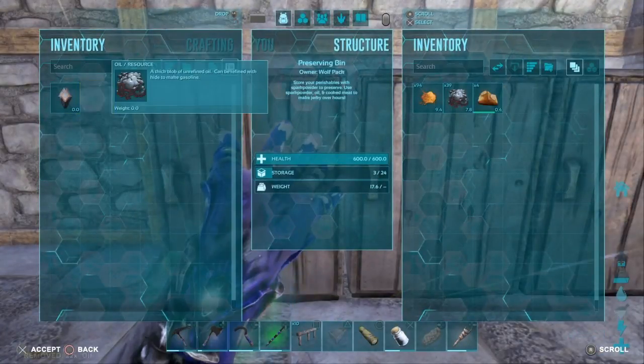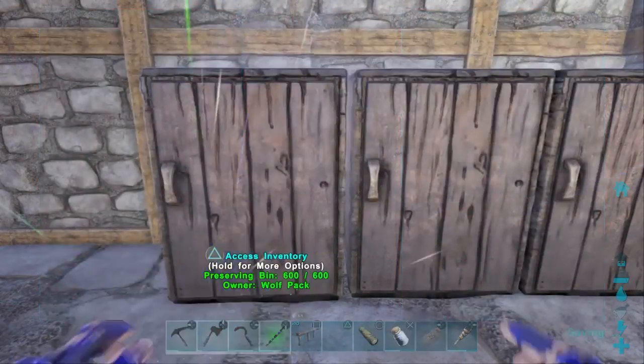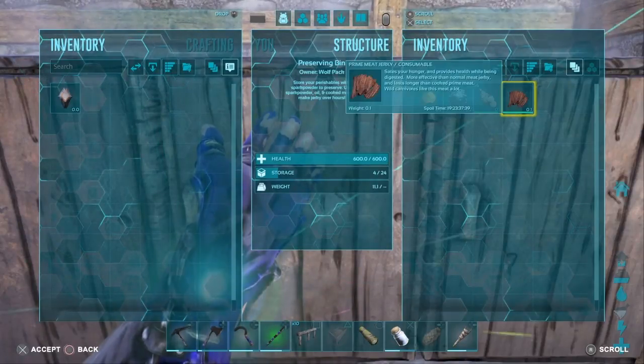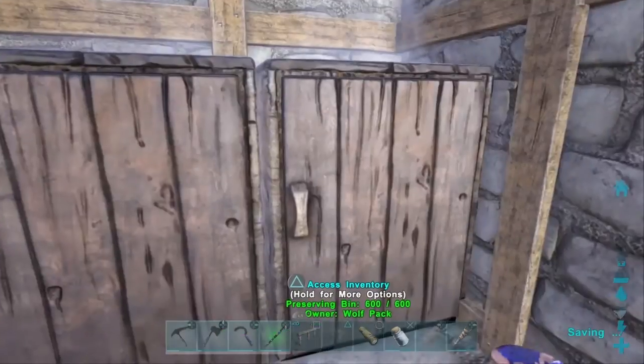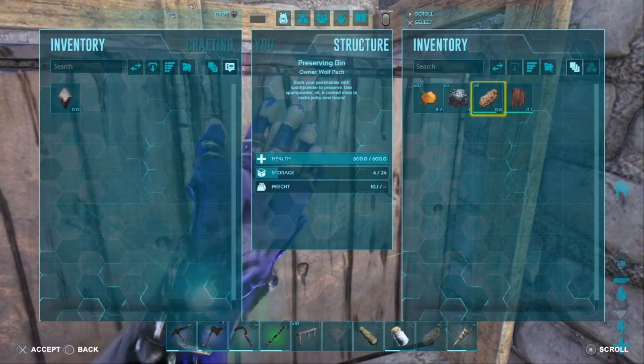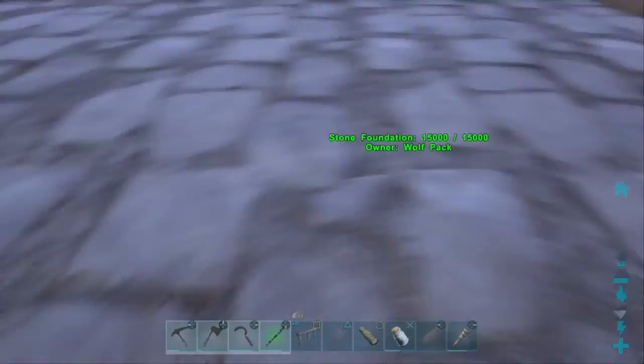Okay, well, that's been in there for about an hour. I don't think we can make cooked prime jerky. Of fish, that is. We're making some prime meat jerky. And then we've got cooked meat jerky. We need...